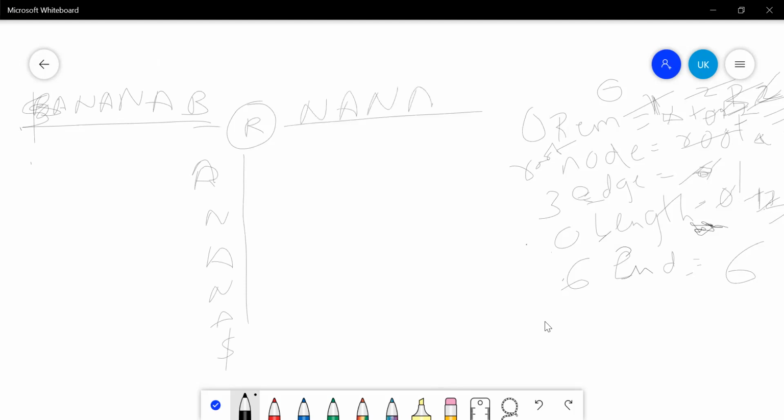And a dollar. From this A, we got a dollar sign. This is like A dollar. From NA, we got dollar. From root node, we got dollar. From here also, we got dollar. This is the original suffix tree we got by Ukkonen's algorithm.